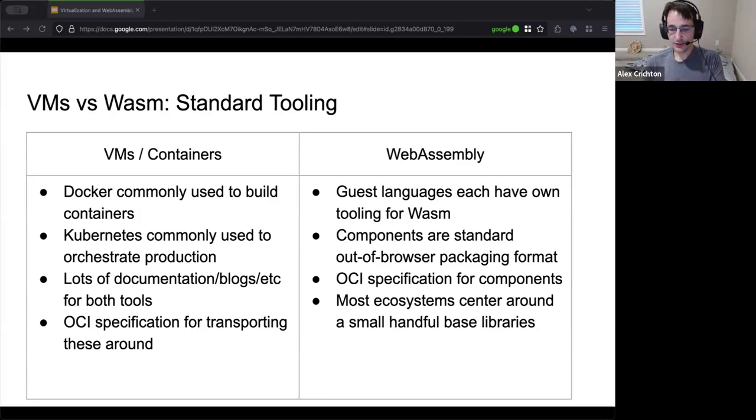From a packaging side of things, this is where the component binaries and the core WebAssembly binaries work pretty well, where they both serve as a relatively standard format that you can share around. I believe there are OCI specifications in the works for connecting components to OCI and back and forth, so I think there's actually intended to be a lot of integration there. I'm not personally too heavily involved in that work, so I'm probably not the best person to ask questions about that, but I know it's at least progressing along.